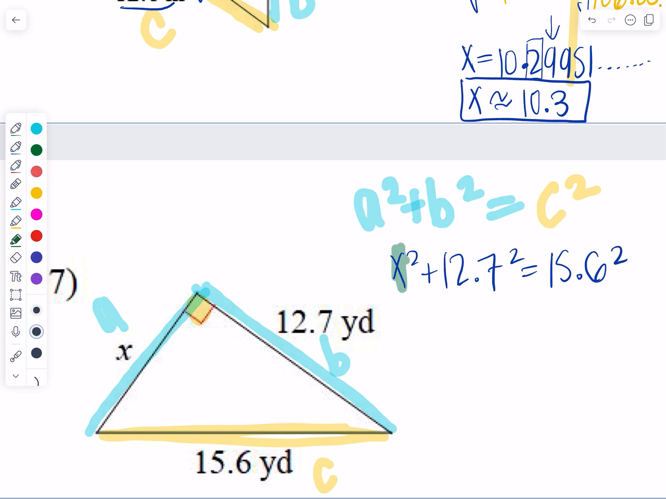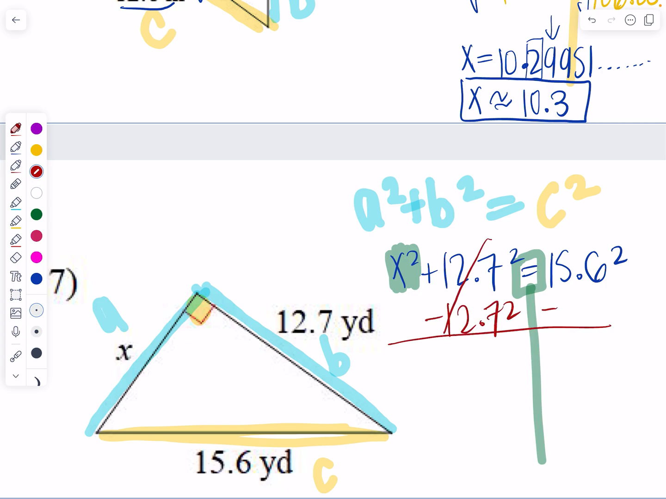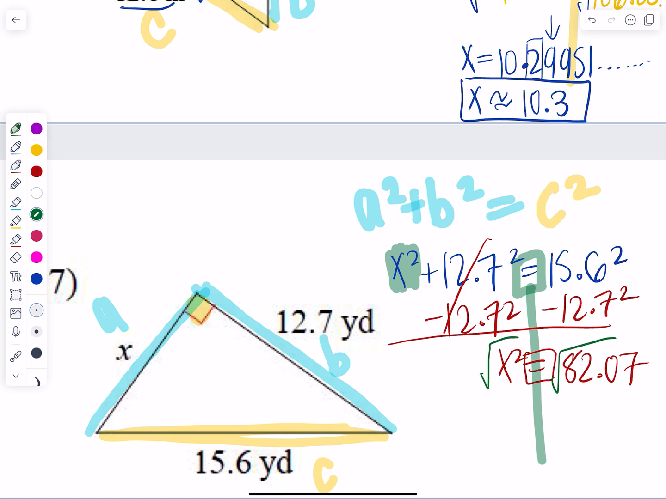So how do I get x squared by itself? I'm going to subtract the 12.7 squared from both sides. So minus 12.7 squared on the left, and that cancels out, and minus 12.7 squared on the right. So we're going to type that into our calculator to see what x squared is equal to. 15.6 squared minus 12.7 squared is going to be equal to 82.07. So that's what x squared is. To solve for x, I'm going to take the square root of both sides. And what pops up exactly is